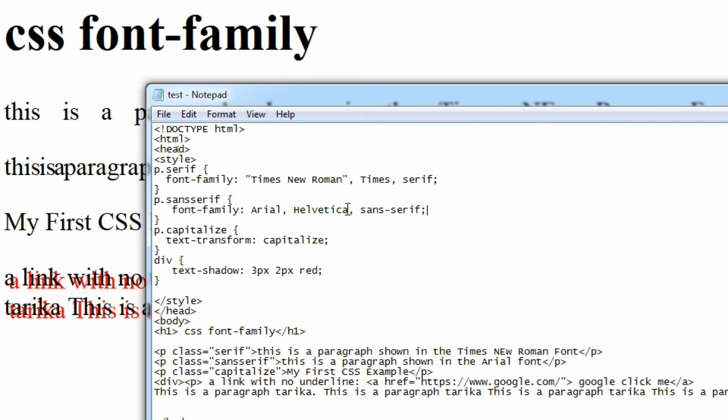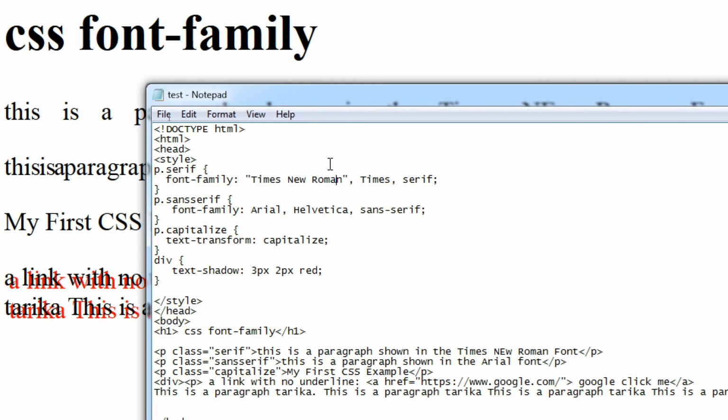So more than one font family is specified with a comma separator, and if the name of a font family is more than one word, it must be in quotation marks like this. So this is more than one word, so it is in quotation.